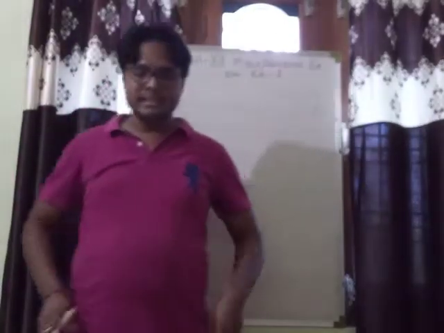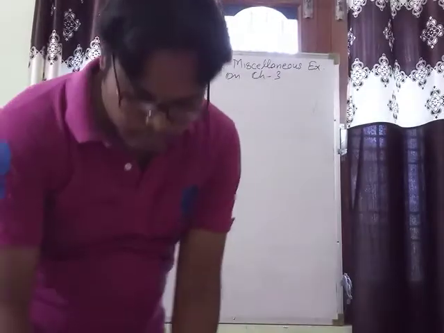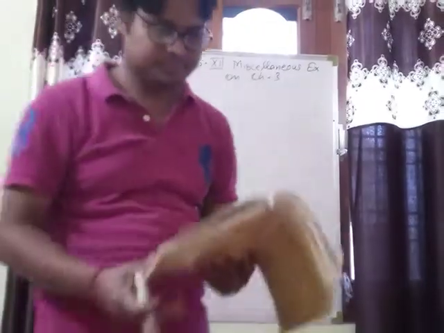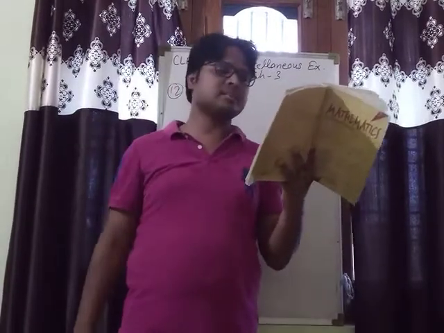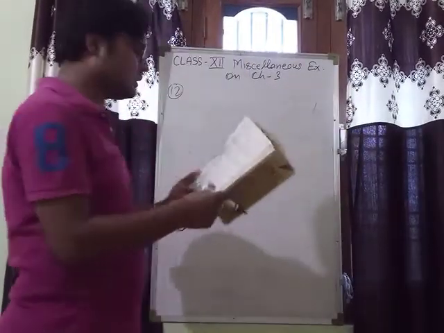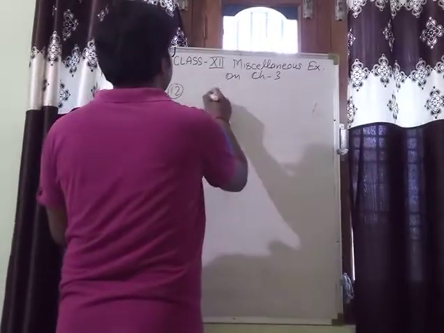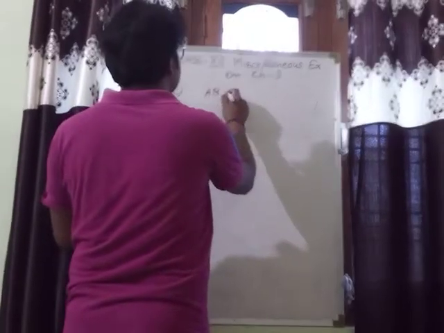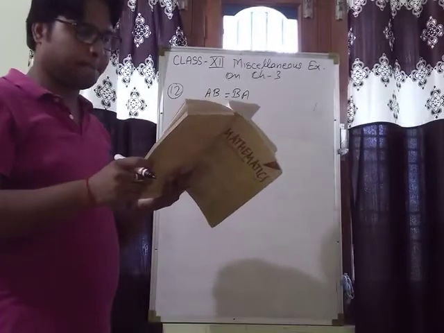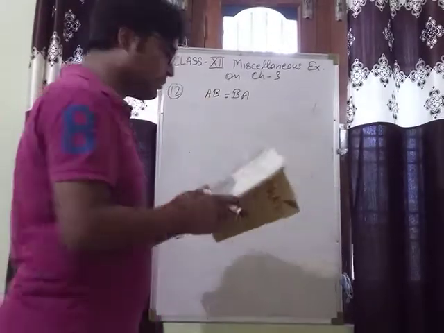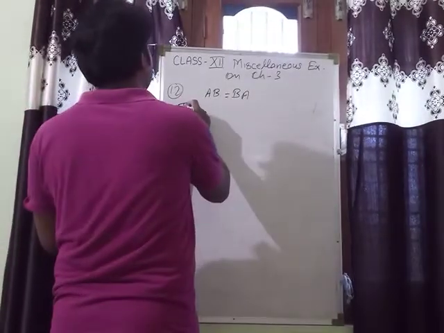Now students, read question number 12, that is a very good question. If A and B are square matrices of the same order such that AB is equal to BA, then prove by induction